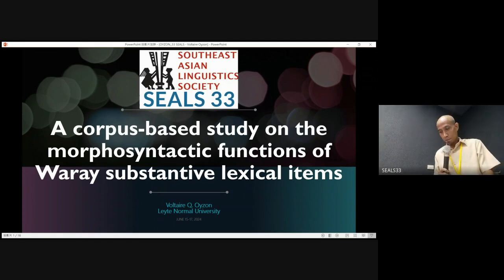Good day, everyone. This study was conducted in response to the institutionalization of mother tongue-based multilingual education in the Philippines. Because of this law, many non-Tagalog languages in the country were caught off guard because they now need to teach the grammar of their L1. Some don't even have orthography, much more the grammar.